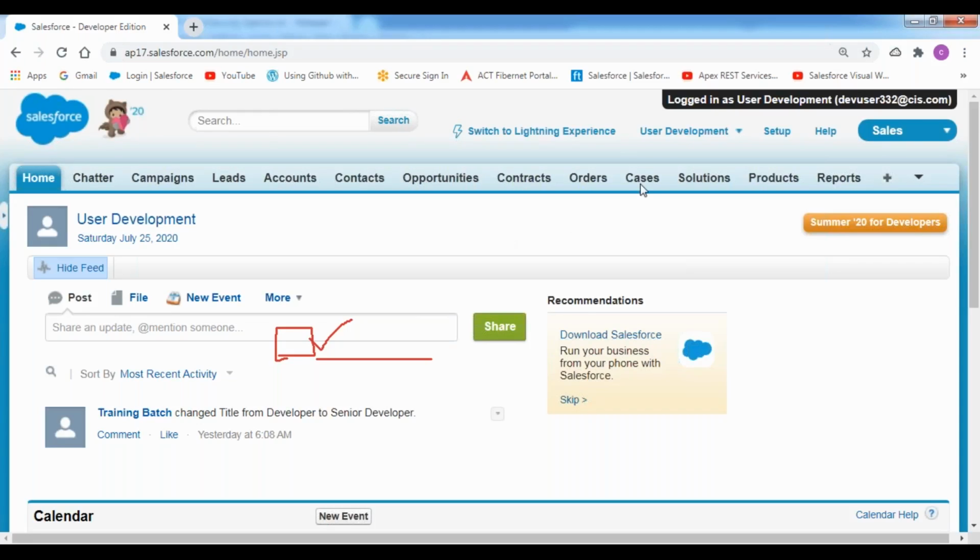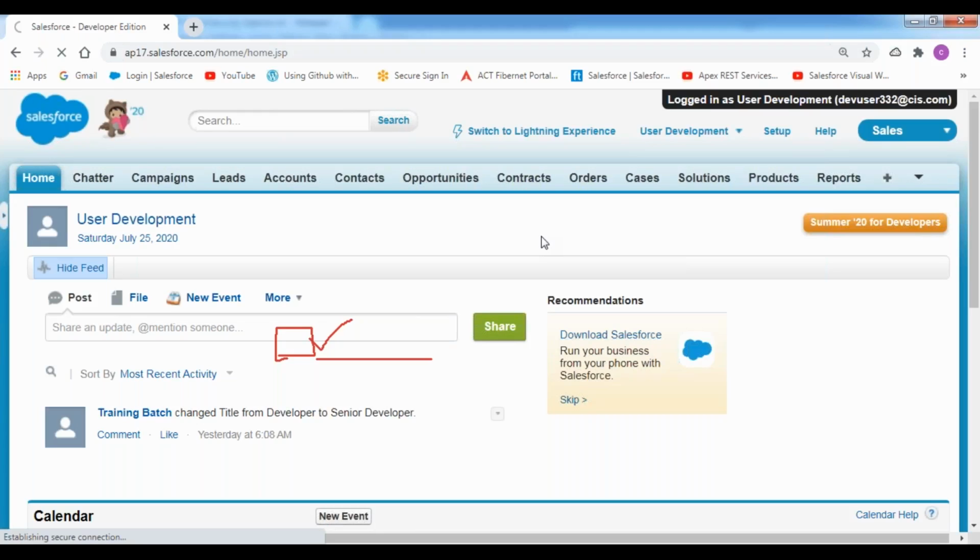Here I have logged into the development user account right now. Now you can resolve the problem. You can come out from this. You can log out from this user account once we are done with that fix, that means once we're done with the resolution for that problem.